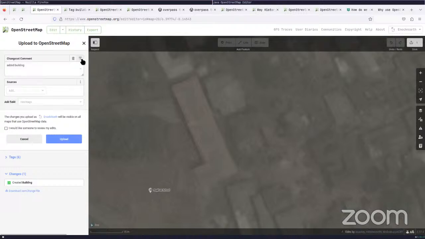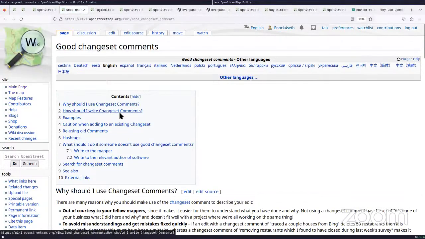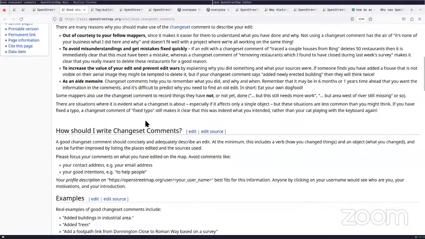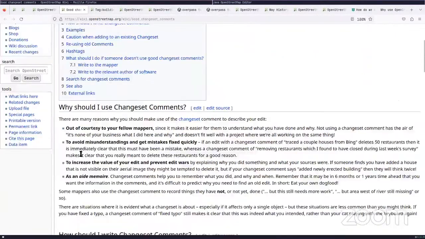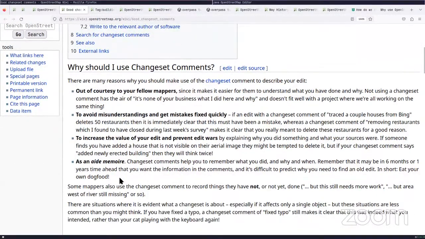There is a good page, maybe I click on this eye, about changeset comments. Let's see. Yeah, about changeset comments. And there is one which says good changeset comments. So over here already on the wiki, you can see that it is out of courtesy to your fellow mappers, and to avoid misinterpretation or misunderstanding when you make a mistake, and then you can add for your memory,